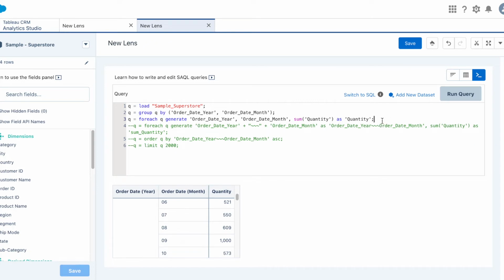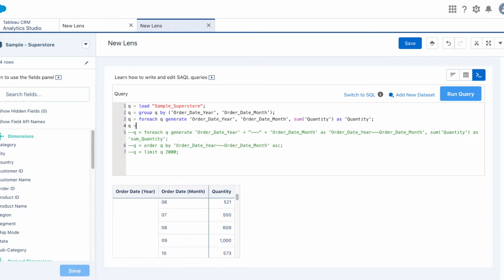Okay, so let me add that. So Q equal to, we're going to fill Q by date year is order year, comma, order date month, comma, y, comma month.